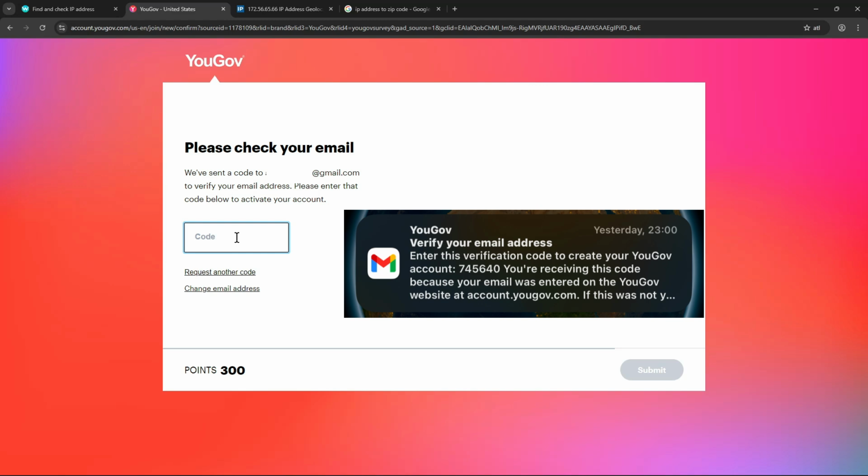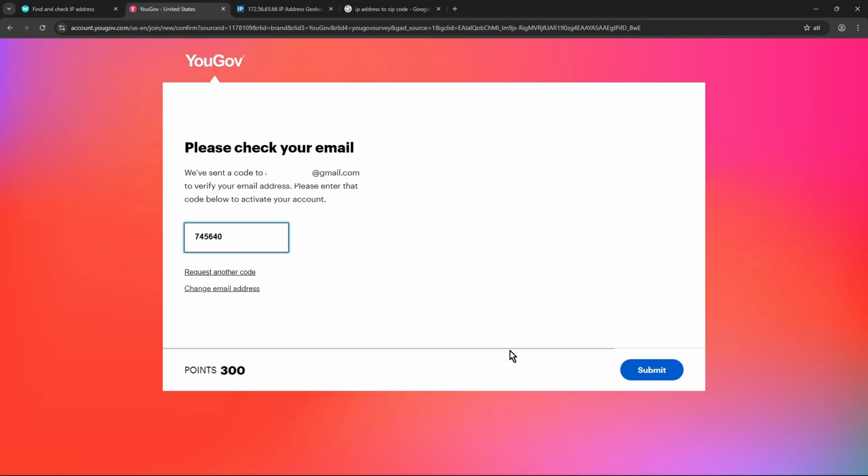Let me guess the code, 745640. Yeah, that's the code. So once you've gotten the code, but if you've waited and you did not get the code, you can request another code. And then while doing this, if you decide to change your mind and use another email address, you can just click on change email address. So submit it, the 300 points, and